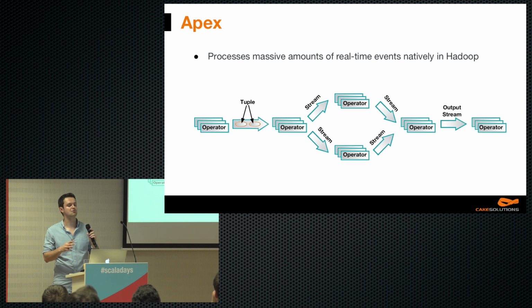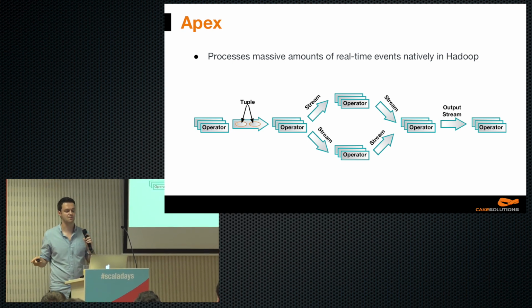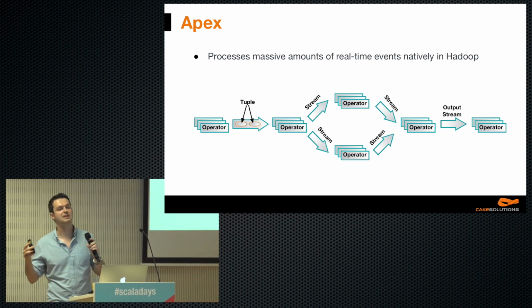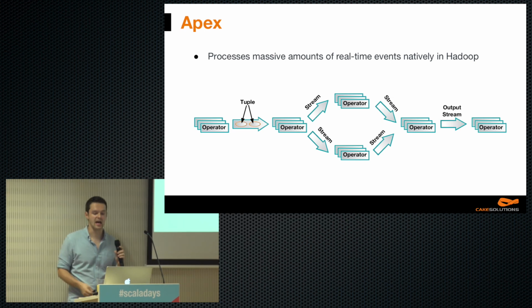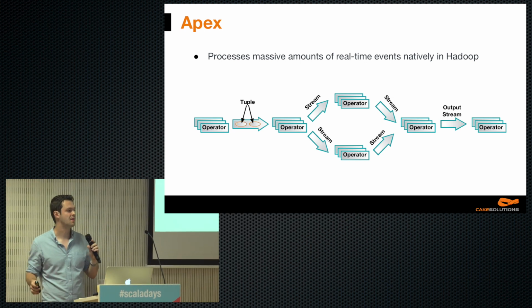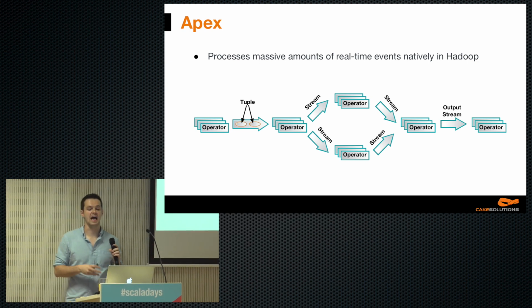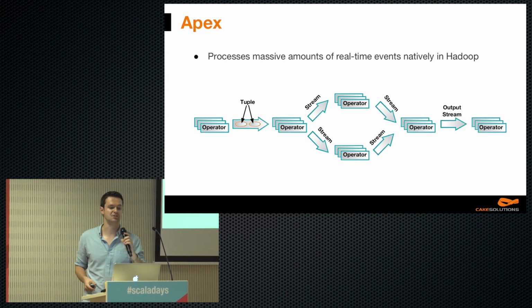Apex is a Hadoop-focused streaming system backed by Datatorrent engineers. Right now, it provides a compositional API for Scala and Java. You can also use its visual tool for assembling applications, which is kind of a nice feature. Also, a high-level API is under construction. Apex also comes with a library of operators named Malhar. And as I'm going to show you a little bit later, Apex implements an interesting compromise between native streaming and micro-batching.